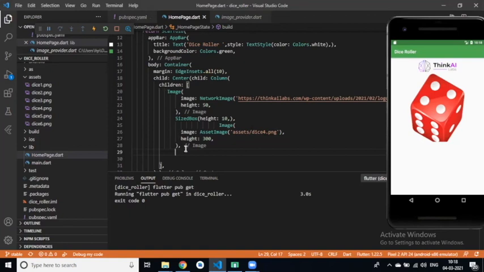Then floating button. Then InkWell. Okay.